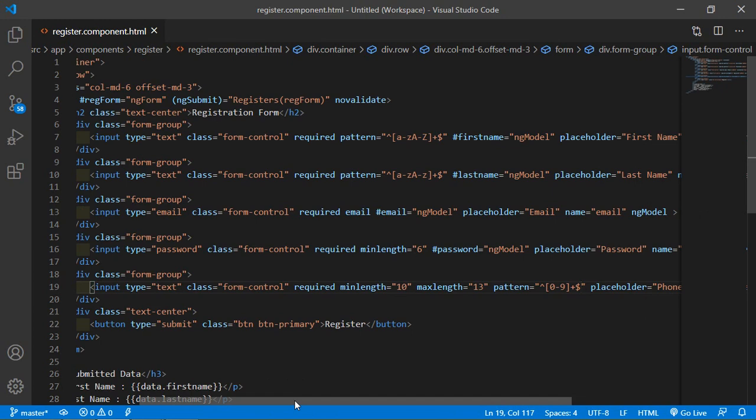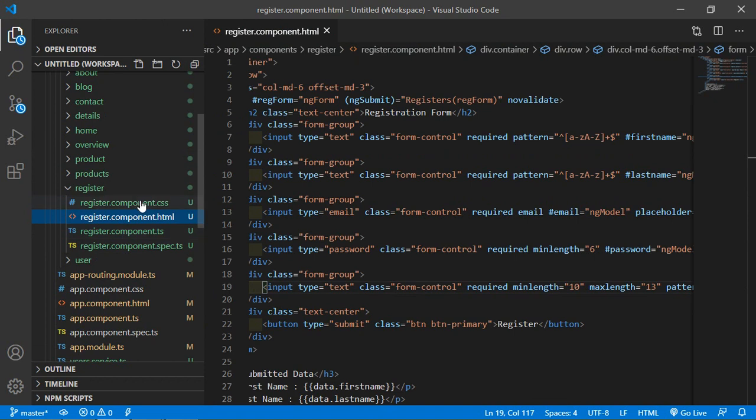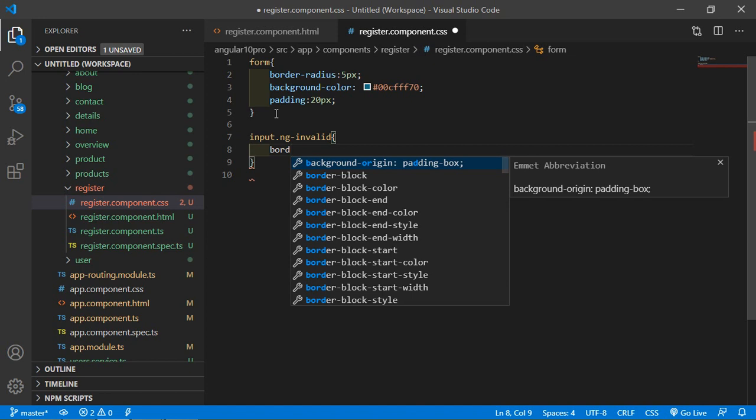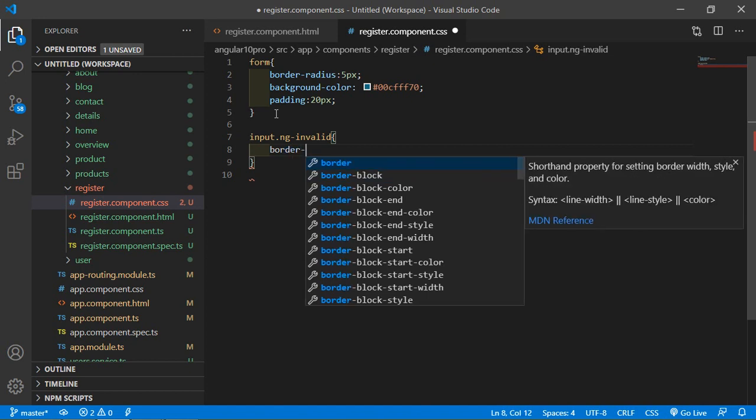Now add some CSS. Just go to the register.component.css file, and here add some CSS. Write input.ng-invalid, and set the border color, which is red.